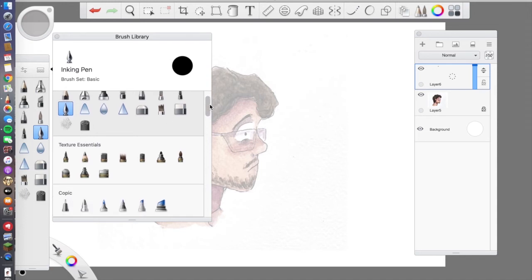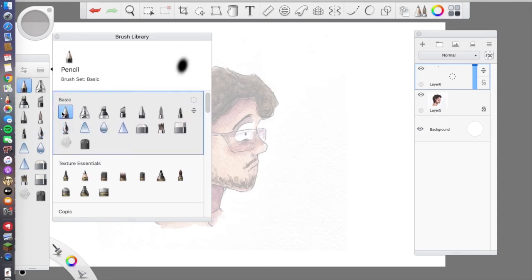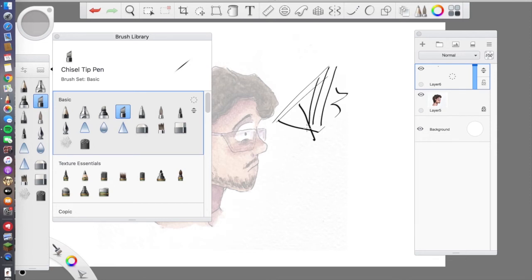You have your basic brushes, so this is just like your pencil. This is a set that you're usually given, a basic initial starting out set, and it has pretty much everything you need. You have your lining tool, you have your sketching tool, you have a few different textures. You could do a paintbrush, a chisel tip pen, which gives you even finer lines. This one's awesome as well if you want to do more comic kind of art. You have your marker,